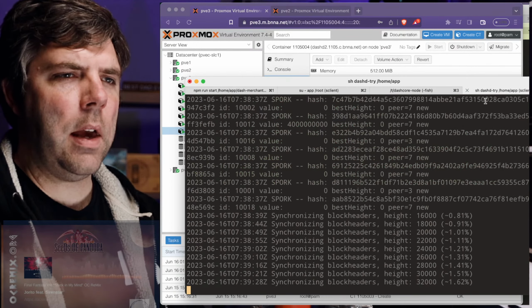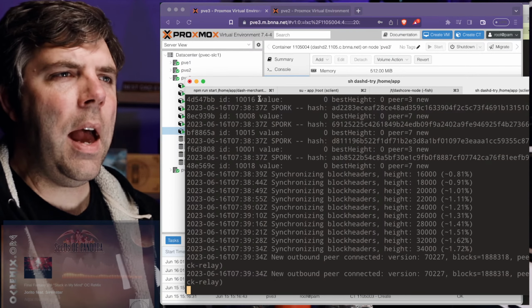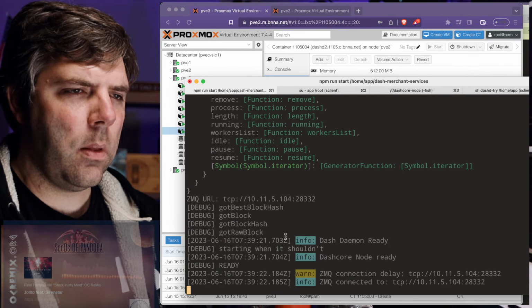Wait, it shouldn't be able to do that. The block height isn't even synced. How is it going to get a good tip?